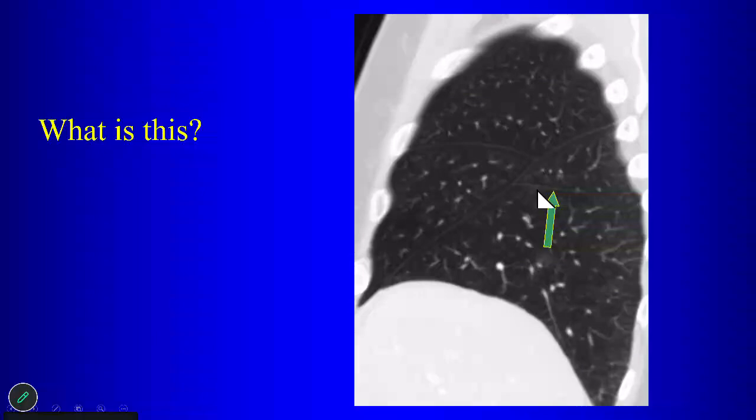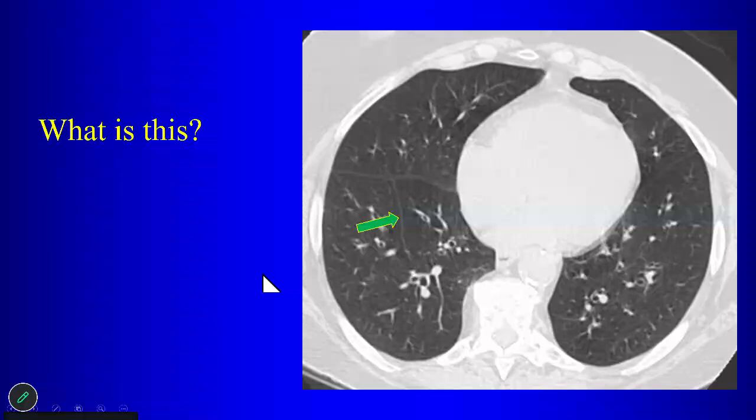Okay, here the arrow is pointing to a superior accessory fissure. This is the minor fissure. This is the major fissure on the right side. So the superior accessory fissure separates the superior segment of the lower lobe from the remainder of the lower lobe. Here the arrow is pointing to